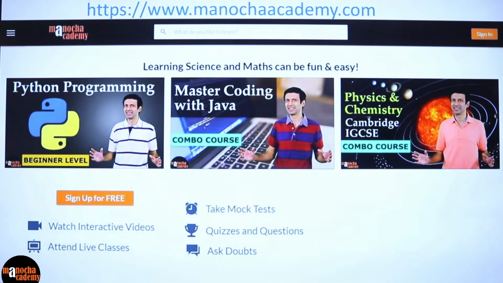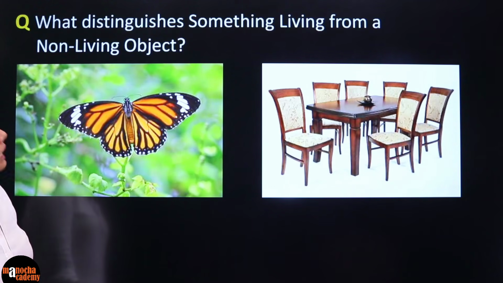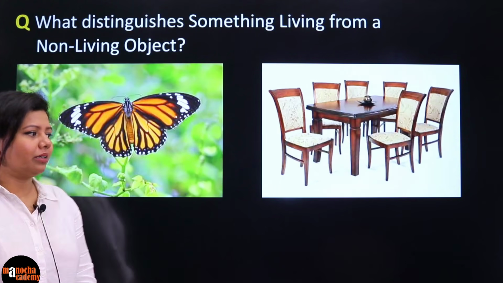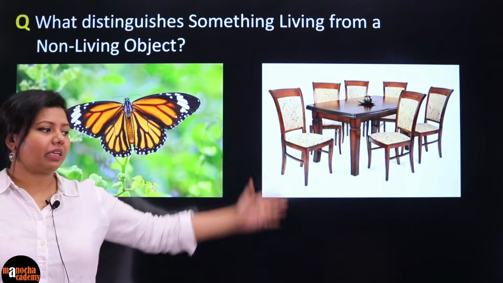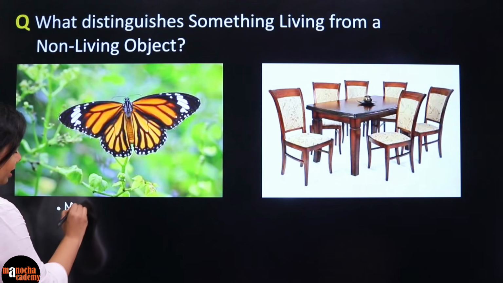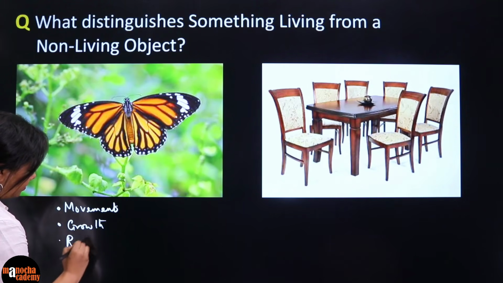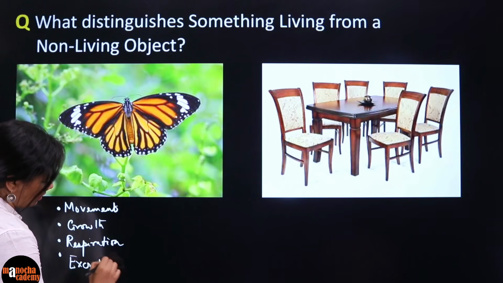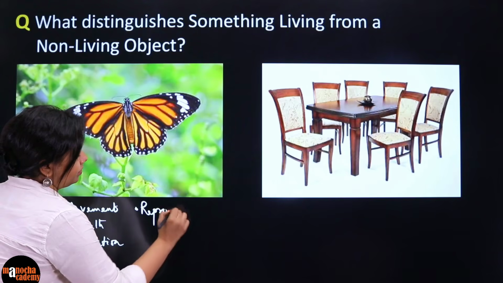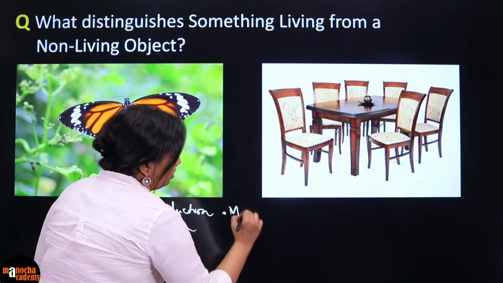Let us start with some basic questions. What distinguishes something living from a non-living object? Very basic. Tell me, what are the ways in which you can distinguish between something living and non-living? Okay, I am writing down the points that are coming up: movement, growth, respiration, excretion. I am writing down all the points that are coming in the chat: reproduction, digestion, nutrition, molecular movement,